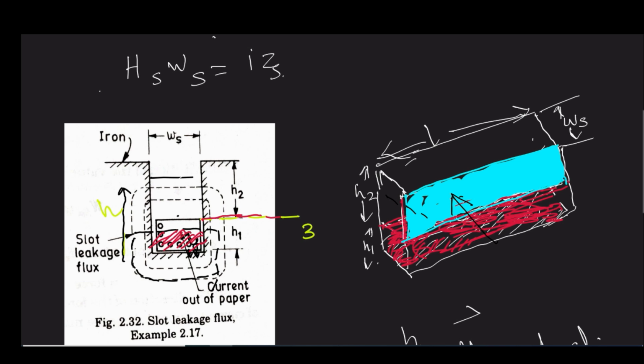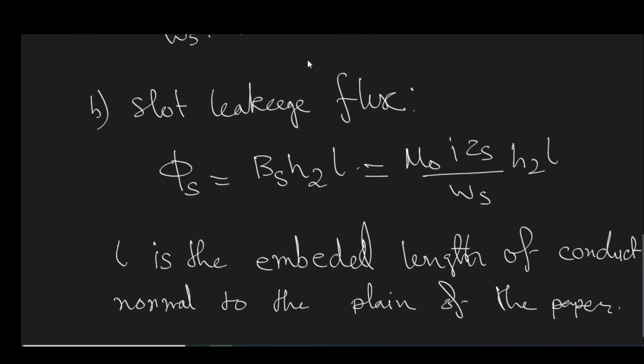The flux is perpendicular to this area, and this area is how much? It is H2 into L. It is the rectangle with this side L, this side H2. So the total area is this H2L. Right, now